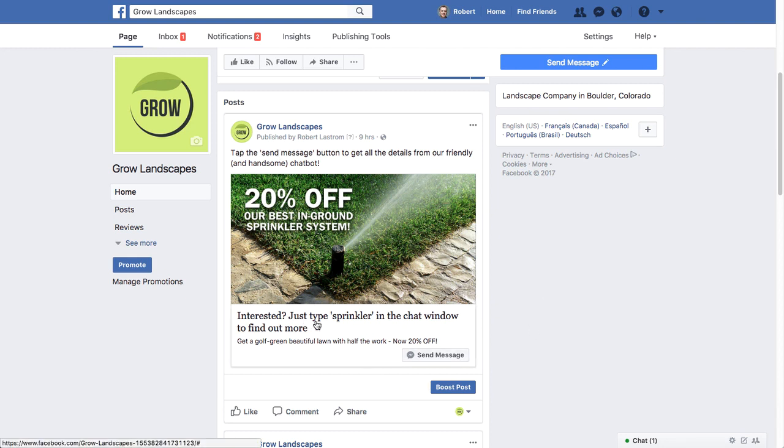And then the other thing that's really important to pay attention to is in this headline area, we want them to type something into the chat window so our chatbot's going to respond. And lo and behold, we want them to type in sprinkler, which we just set up the AI for. So let's take a look at how this looks over on